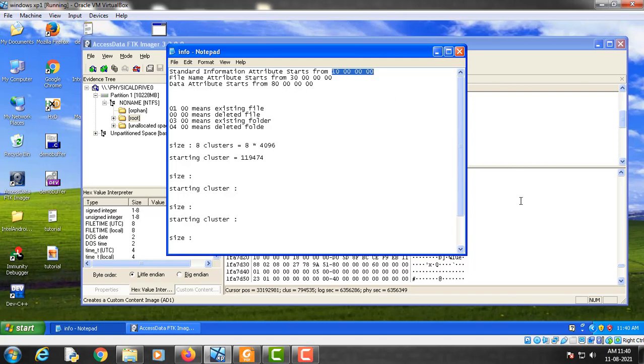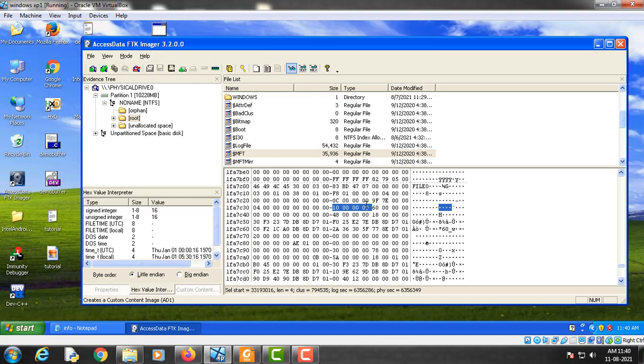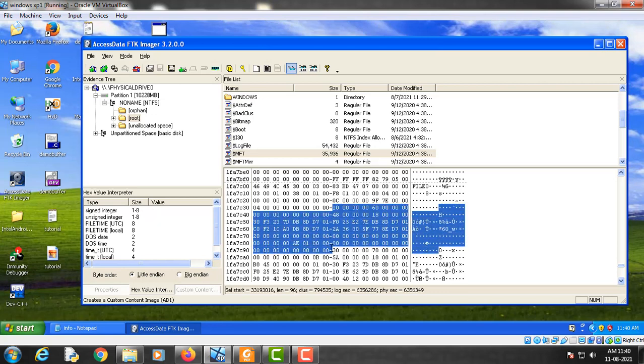If we examine this, we can see that this is the start of the standard information attribute, and this byte 60, which is 96 in hexadecimal, tells us the length of this standard information attribute, which goes straight from here to here. As you can see, the length is 96 bytes.